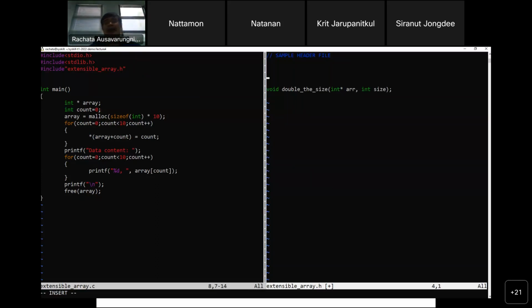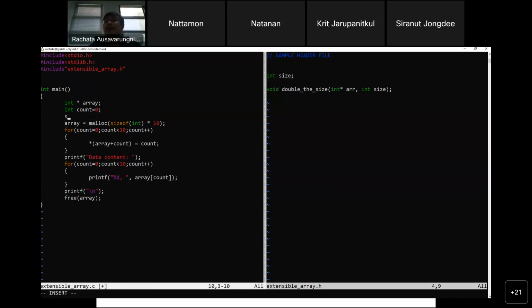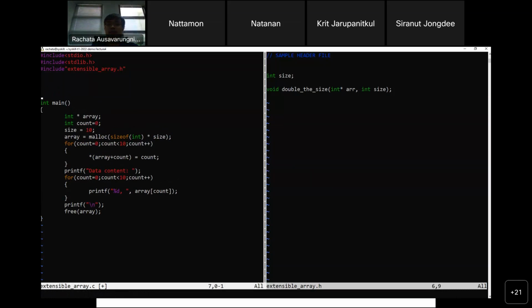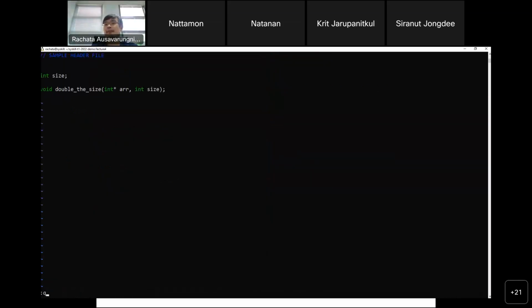And then I can also add a global variable, for example, int size. It's a global variable where I can use it here, for example, size equals 10, right? And then over here, I want to malloc initially for int multiplied by size, right? And this is the function name. If I compile, let's see what happens if I compile this.